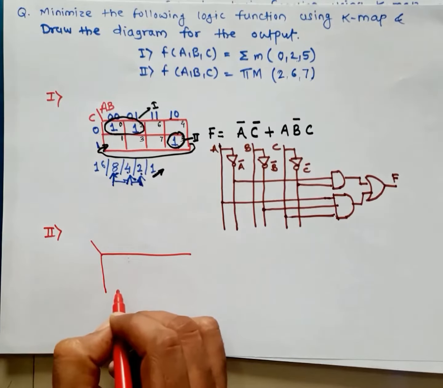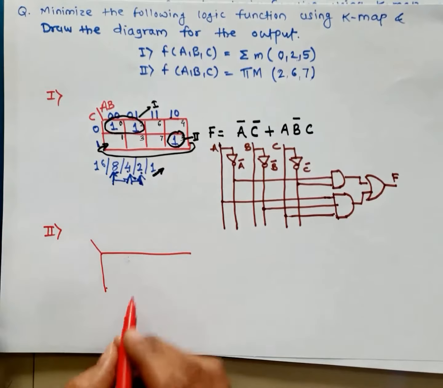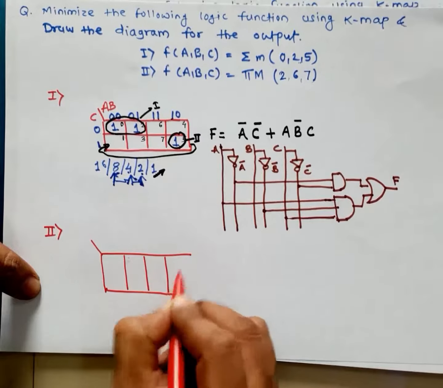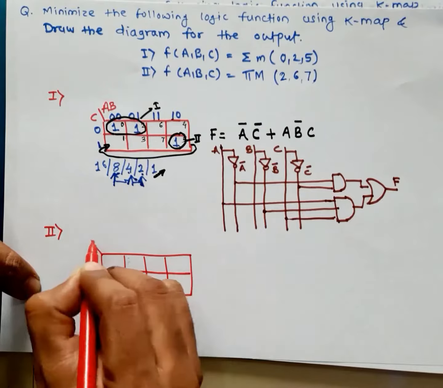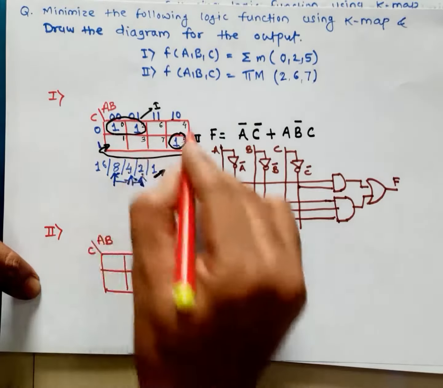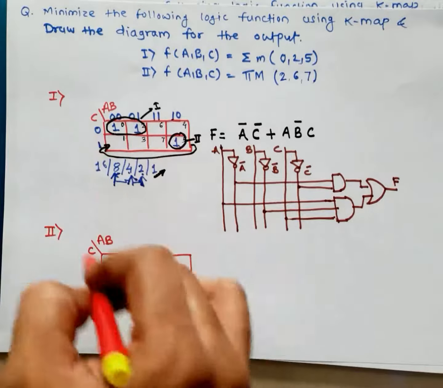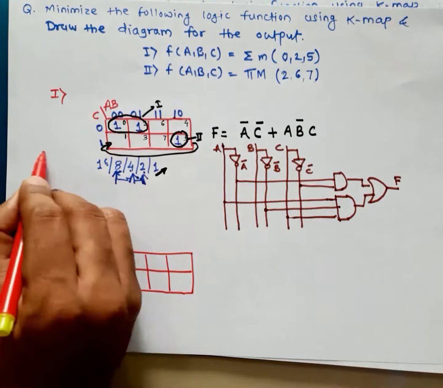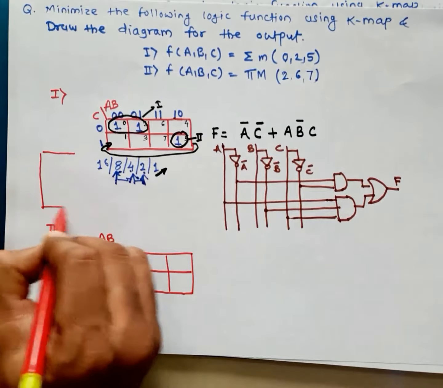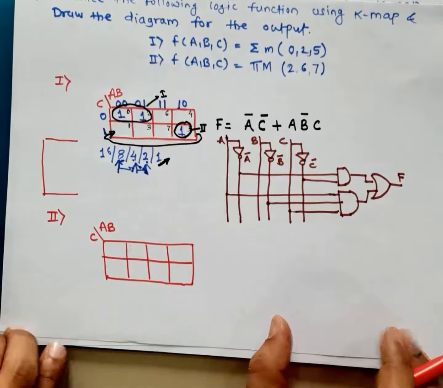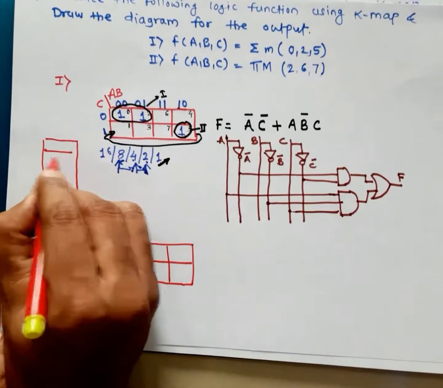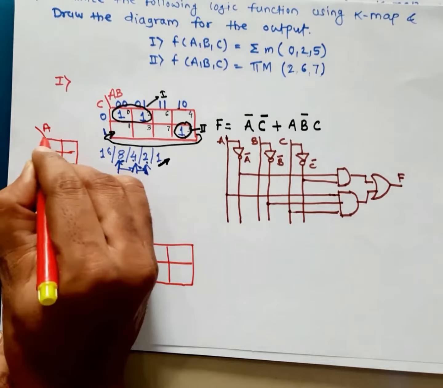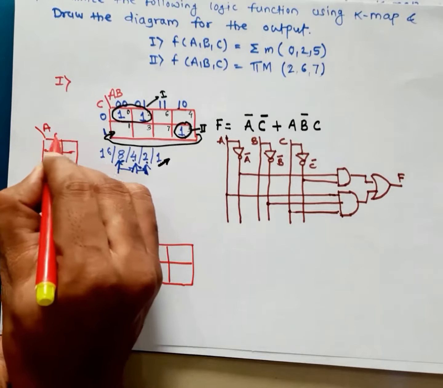Total variables are 3. So you have to design a K map for the 3 variables. Whatever K map we are considering here is a horizontal K map. You can consider a vertical K map, but if you consider the vertical K map, what will happen? The cell values get changed. Now here I am considering only one variable due to only two values, 0 and 1.